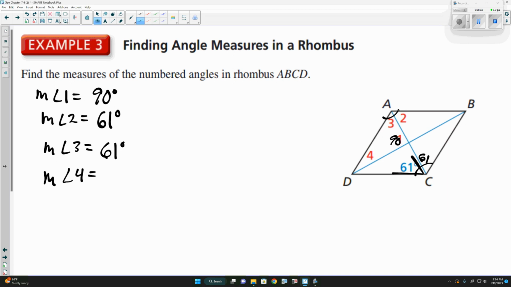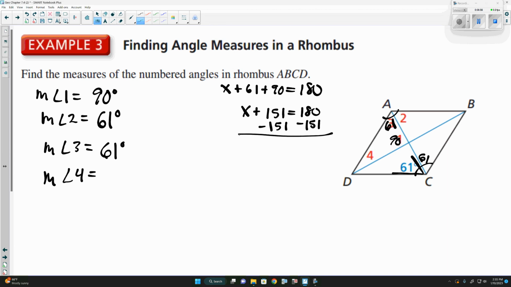Question? Yeah, because if this is 61 degrees, we have a triangle, so those three have to add together to be 180. So x plus 61 plus 90 is equal to 180. So this here would be 151. And if we subtract 151 from 180, we get